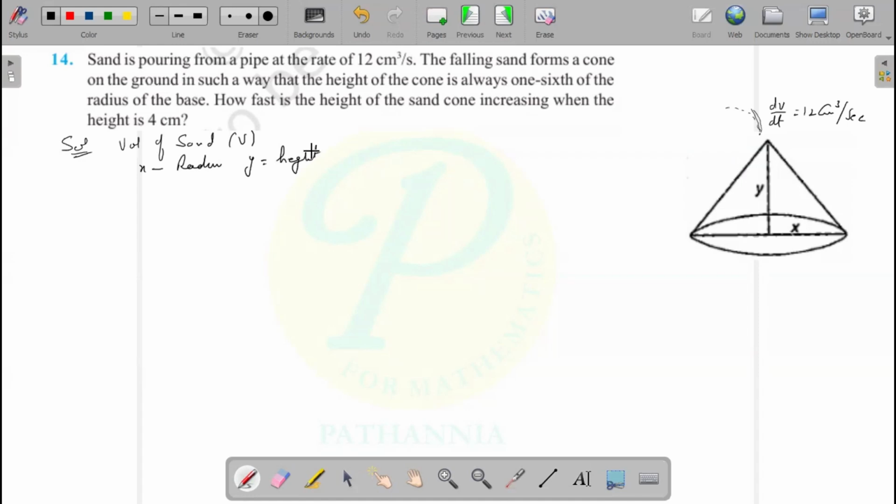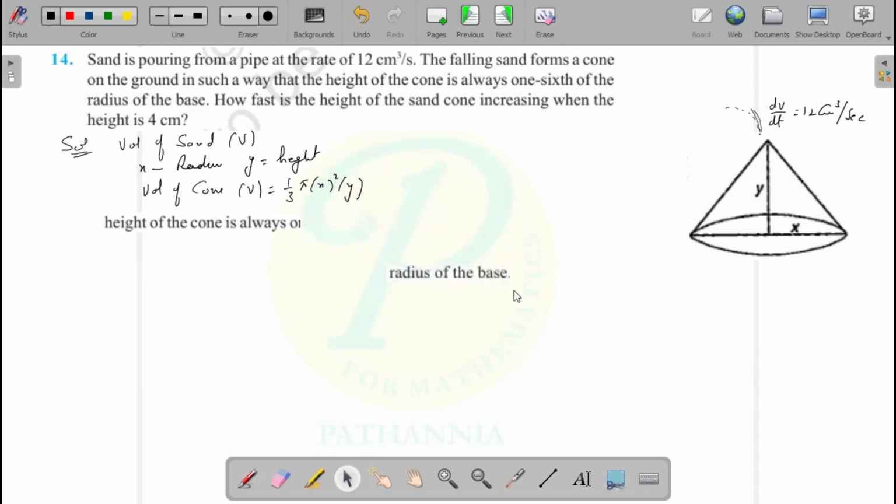आप H और R रखना चाहें तो आपकी अपनी मर्जी है। The volume of a cone to whom we denoted with V, क्योंकि वो सैंड से बना है तो ये आ जाएगा 1/3 पाई रेडियस स्क्वायर इनटू हाइट। इसमें जो इंपॉर्टेंट पार्ट है जिसे गो थ्रू करना है, दैट हाइट इज ऑलवेज 1/6 ऑफ द रेडियस। लेकिन किस यूनिट को आपने अपने पास बनाए रखना है ये इस बात पे तय होता है कि आपसे पूछा क्या गया है, क्योंकि उसने हाइट तो बोल दी कि 1/6 ऑफ द रेडियस,